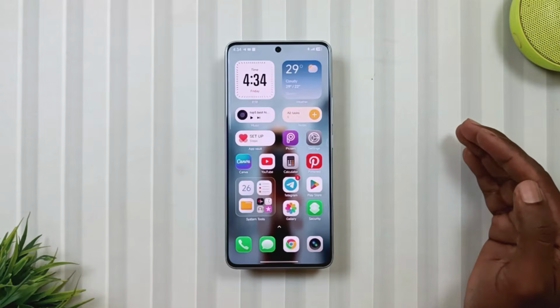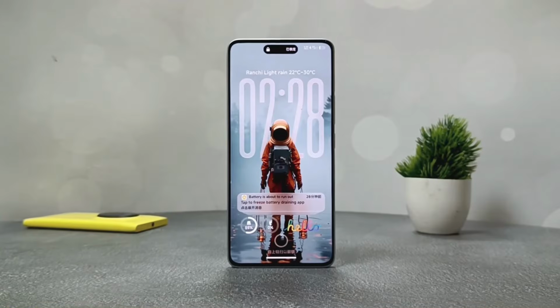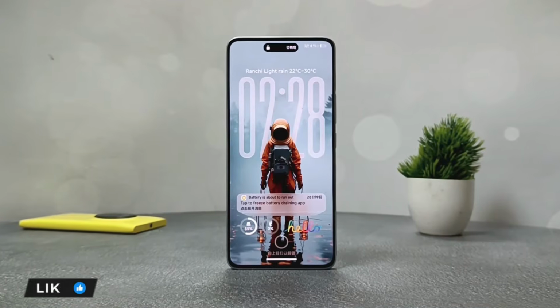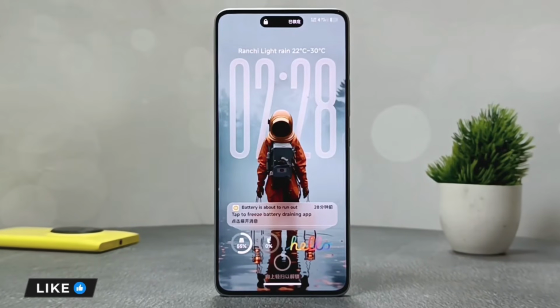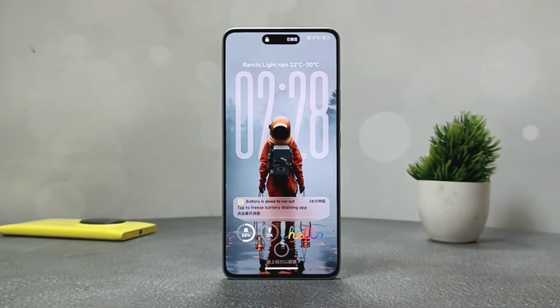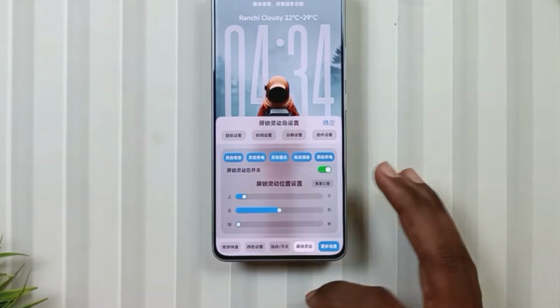Now friends, let's check out this new HyperOS 3 theme. Like always, we will start with the lock screen. Here you can see a layout with a liquid glass style clock widget at the top, which also has a nice 3D effect. As for lock screen customization, as soon as you double tap on this navigation bar, a